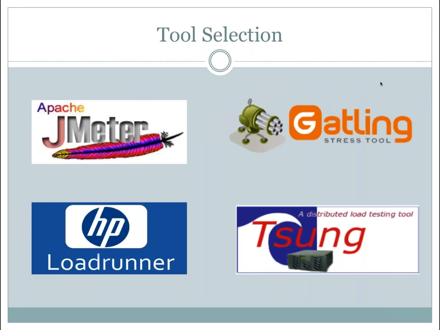Oh yeah, so my suggestion to folks would be that while you are preparing and getting your test plan approved, you can simultaneously start looking for an ideal tool for your performance testing. In this slide, I have mentioned a few tools like JMeter, Gatling, Tsung, and HP LoadRunner. Of these, Apache JMeter, Gatling, and Tsung are the open source ones, while HP LoadRunner is a proprietary tool. Obviously the open source tools are free and pretty flexible and scalable, so you can select these tools as per your requirements.